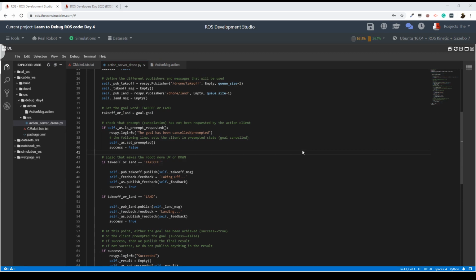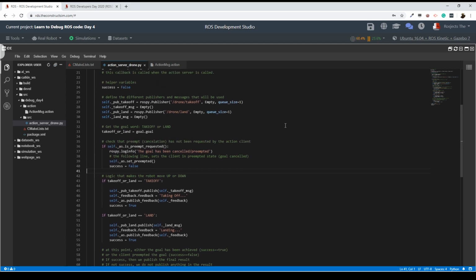Let me check here. Okay, check the publisher type of messages. You never told the drone to actually take off? Okay, that could be a possibility. So, from the code here,